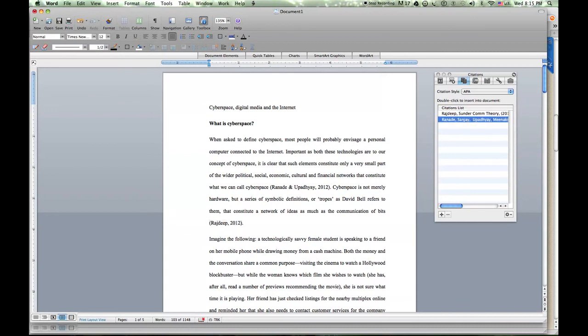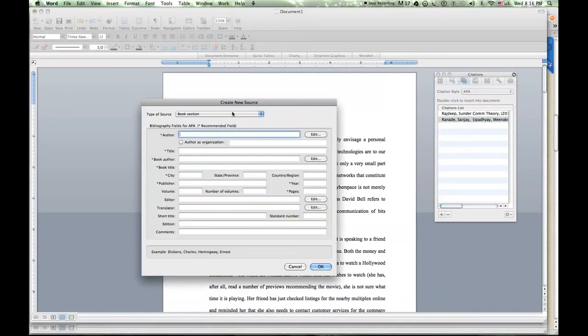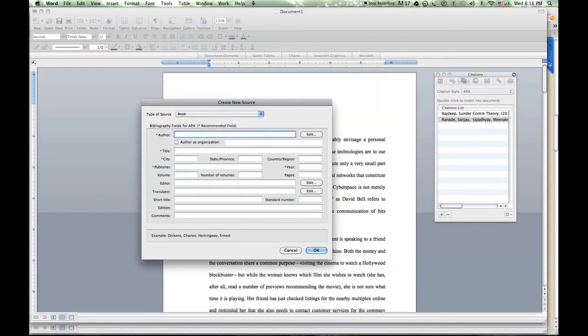Now let us say one more. So if I have an author who has written the whole book, what do I do? So maybe I've got an author here. So again, insert citation. I'm going to use a book. Patil Devata. Semicolon. Right?